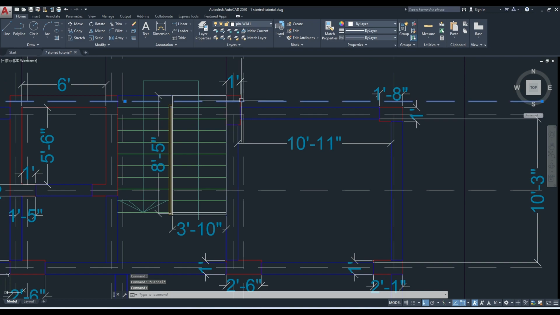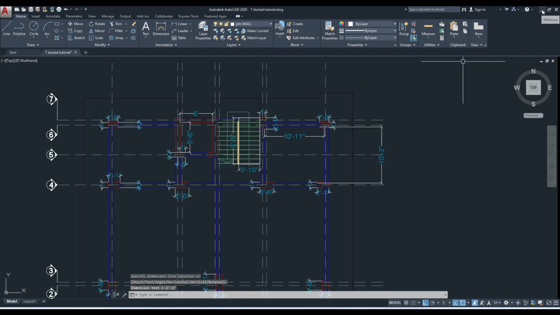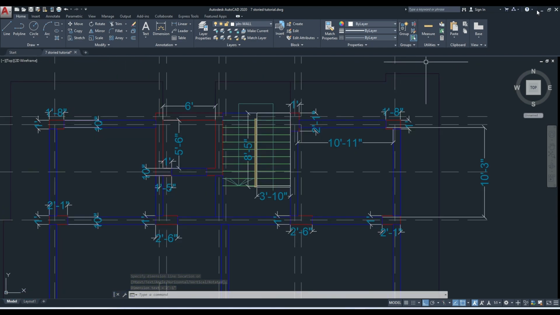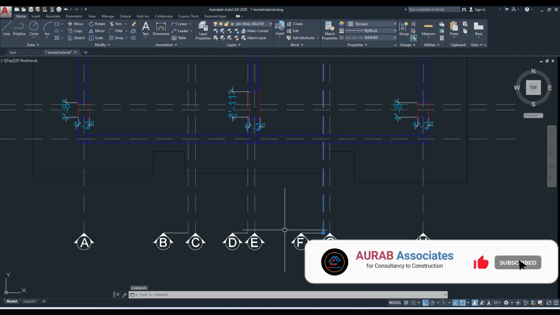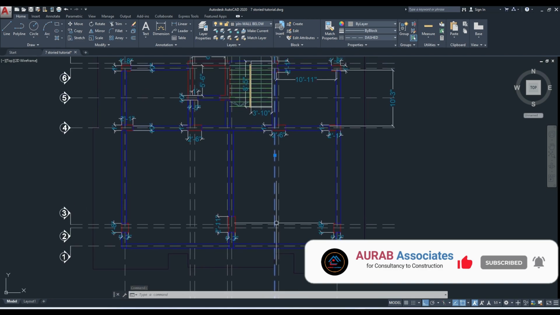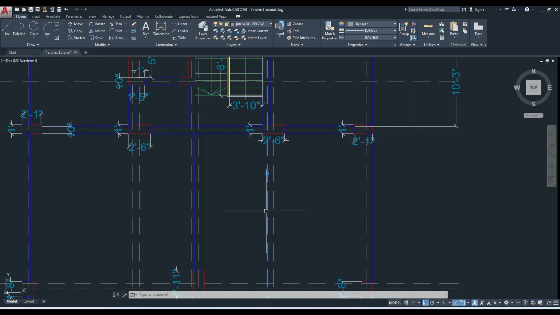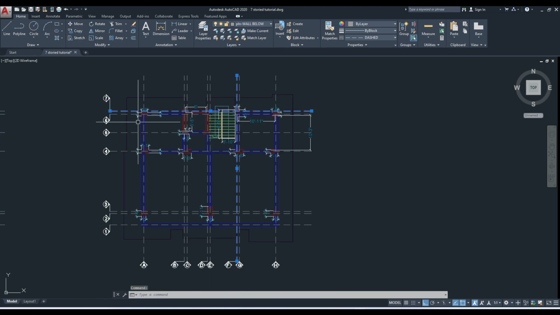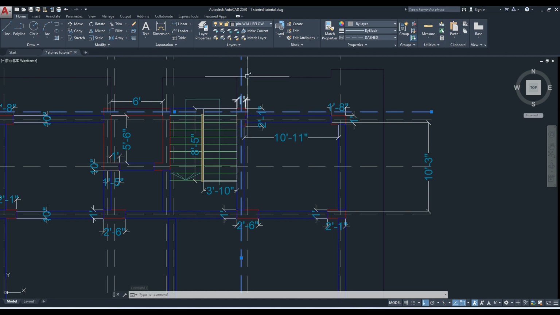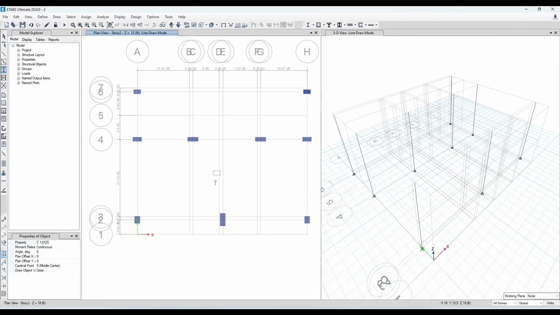Next here this one is 12 by, I have to check its dimension, 12 by 25, and this time we have to use angle of degree 90, and its position is in grid number F. Okay, we can take this one grid number F and this side grid number 7, that means F7, and its dimension is 12 by 25.